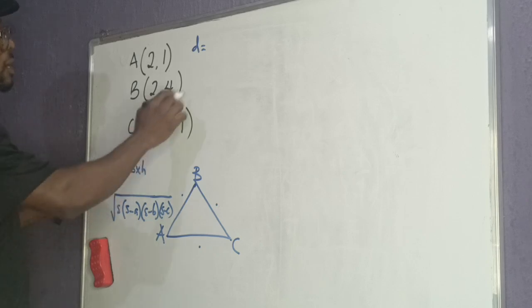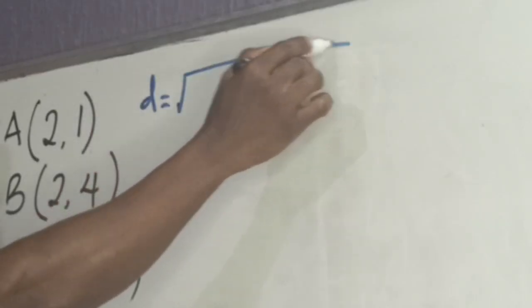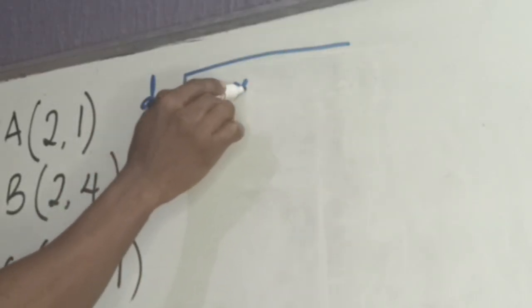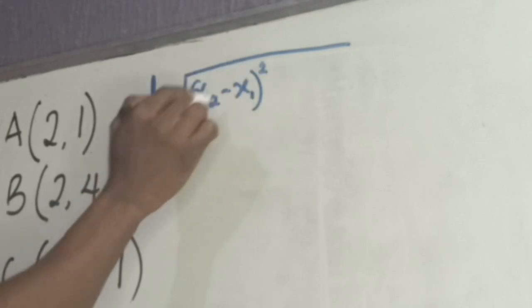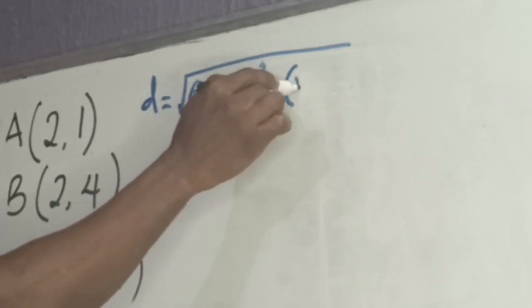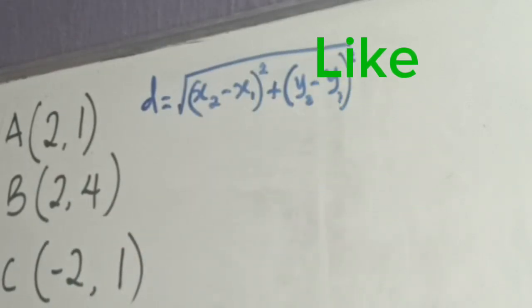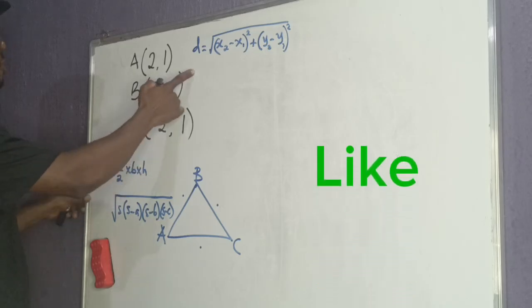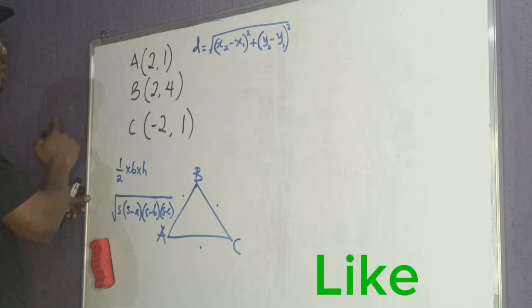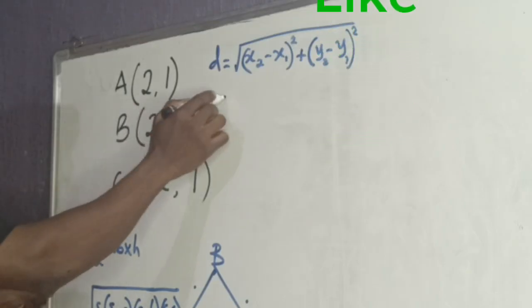Are we getting this now? And that formula says the root of what? X2 minus x1 squared plus y2 minus y1 squared. Are we getting this, friends? Okay. At this point, we find the distance A to B. And A to B will be,